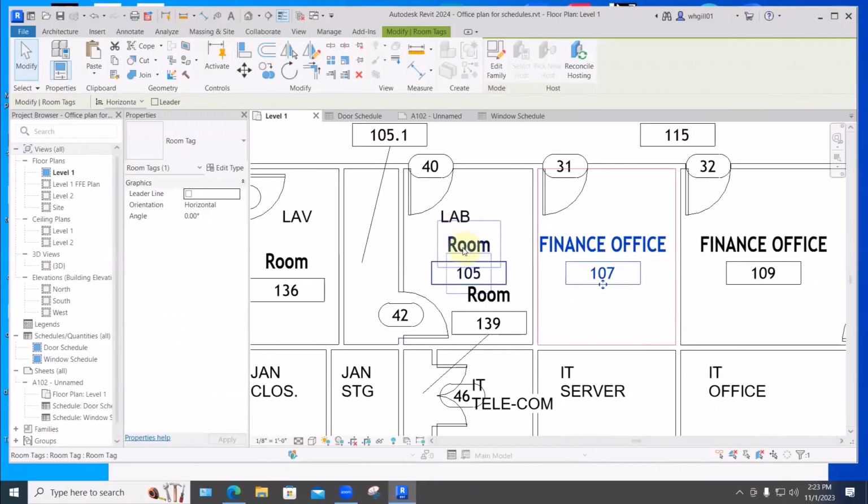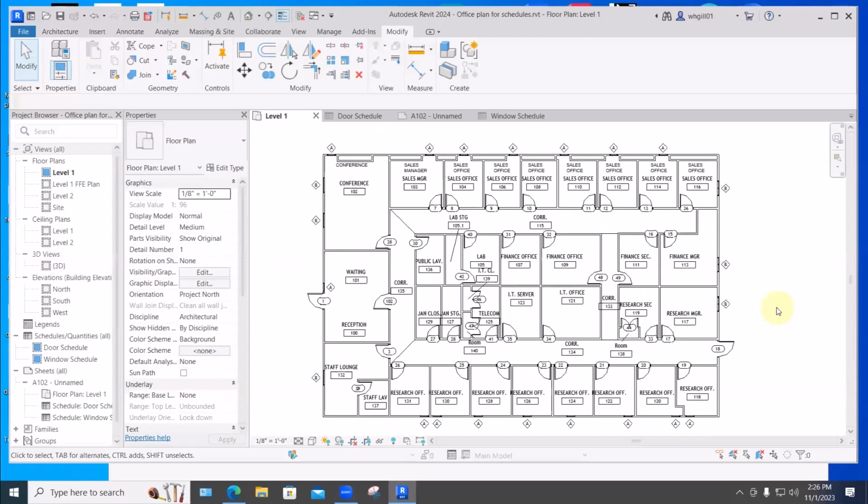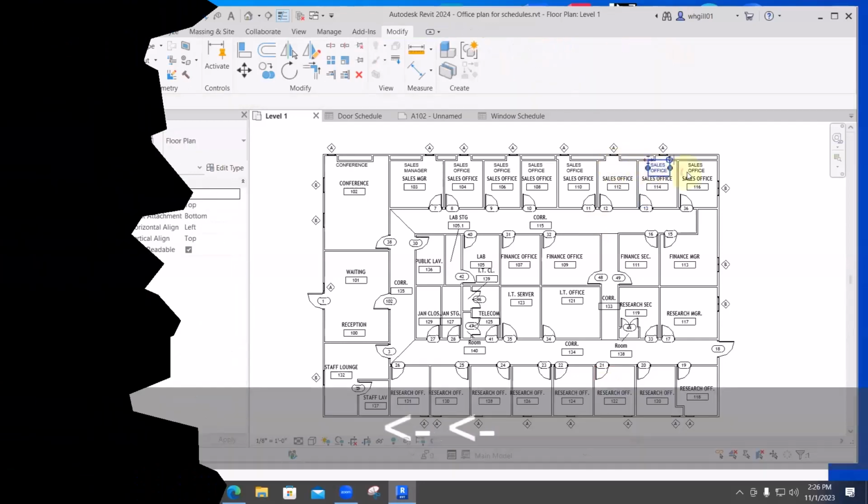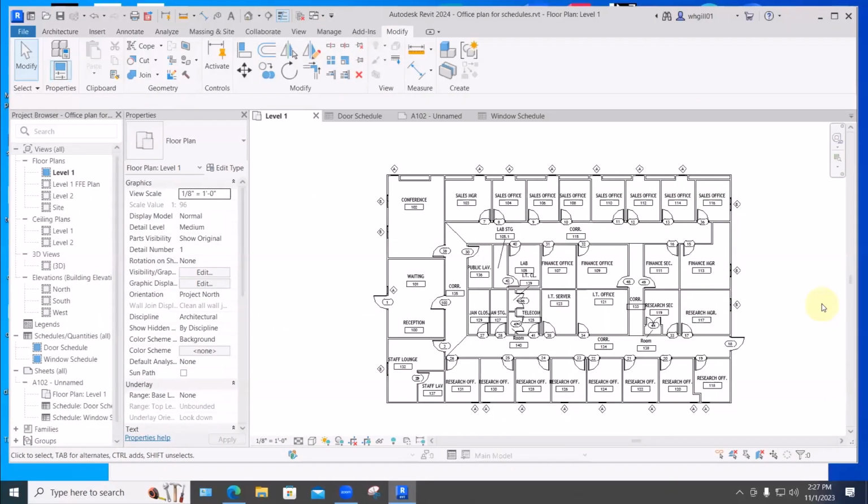Why a finance office needs a laboratory, I don't know exactly, but that's what we got left over from the previous document. And for your use and everybody else's in the future, it's a little confusing having sales office and then research office. Maybe just decide how you want to name that, and be consistent about it. Even if you don't have all the names changed, let's move on so we can take care of this whole thing today. Let's make a room schedule, which is a view,